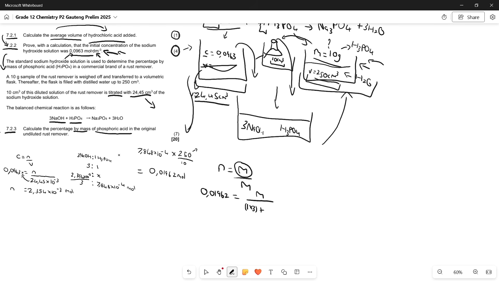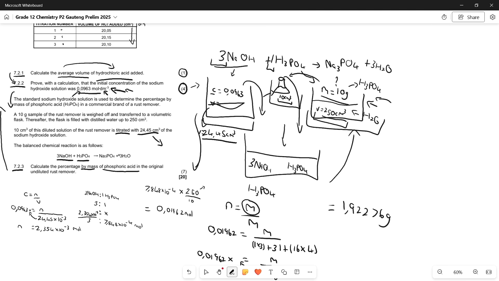So as we were here, 1 times 3 is the amount of hydrogens times by their atomic mass. We only have 1 phosphorus, so we go plus 31 over there, and then there are 4 oxygens at 16 grams per mole per oxygen, so we go 16 times 4 over there. And that means we have a molar mass of 98 over here. We're going to then multiply it up top, going 98 multiplied by 0.01962, and this will give us the mass of the H3PO4. And if we put that in our calculator, we'll get 1.92276. Okay, so that means we have the exact mass from this 10 gram sample that was actually H3PO4 that did react,